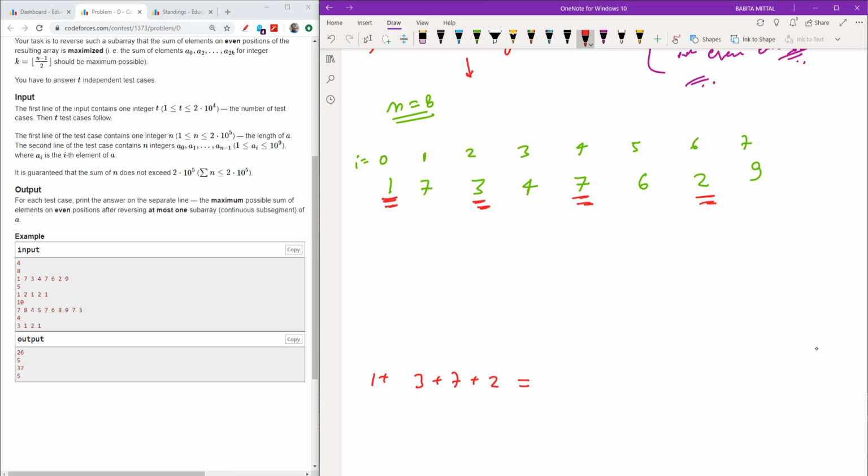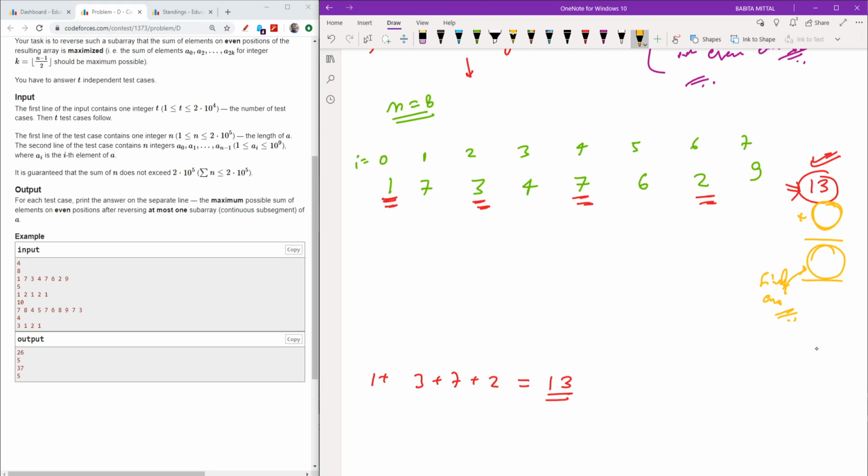What is the sum I can obtain? I can obtain a sum of 13. So I know for sure that I can obtain a sum of 13. It is for sure without any replacement, which means I choose 0 subarray and I can obtain a sum of 13 for now. Now, what additional sum can I get, which means what can I add to it, to have my final answer.